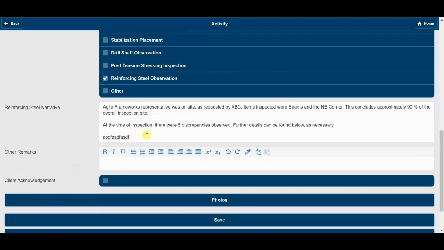Now keep in mind, you don't have to have canned narratives like this. If you prefer to have open narratives, that's totally fine. A lot of technicians like to be able to really own what they're saying inside of the form that they're entering. That's totally okay. Just showing this off in case you are interested in taking advantage of these canned narratives